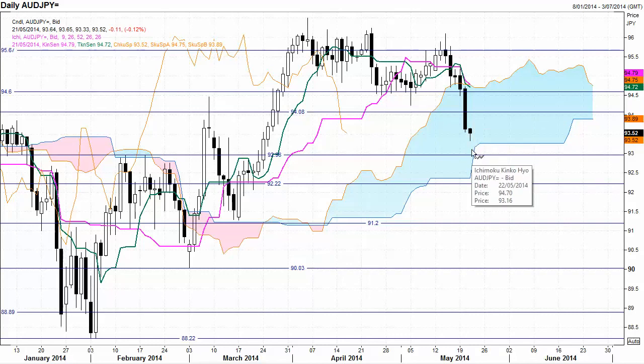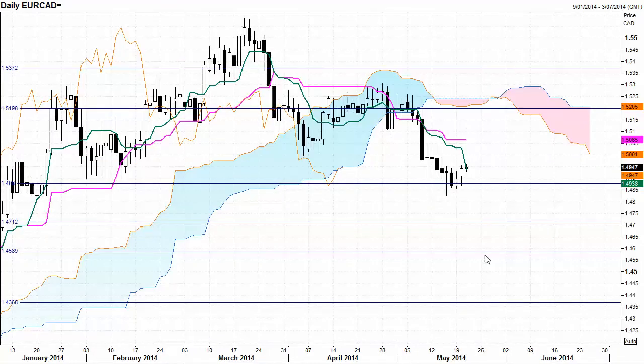If the market does continue trading down, then around this 93 level roughly, we have a previous area of swing highs and swing lows, but also the bottom of the Ichimoku cloud, and we should see some support coming in there. Next to the Euro Canadian dollar, and following that breakout down below the Ichimoku cloud, the rally towards the